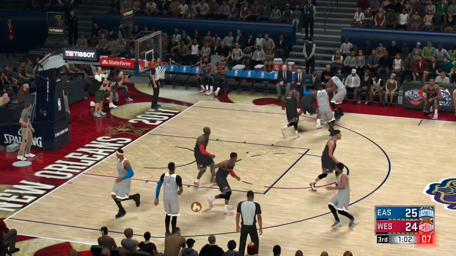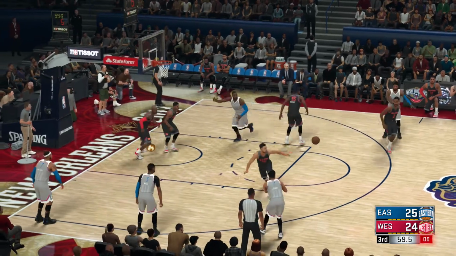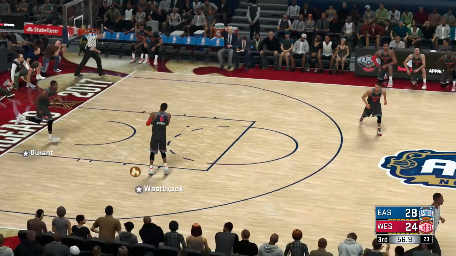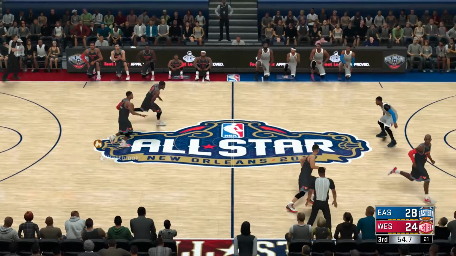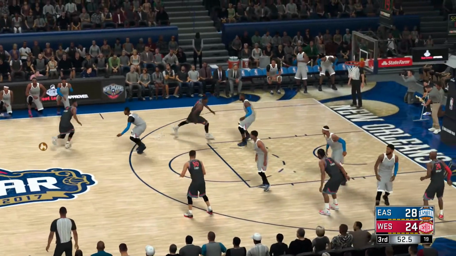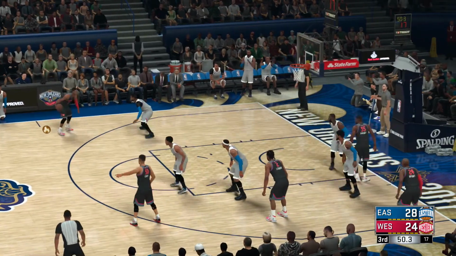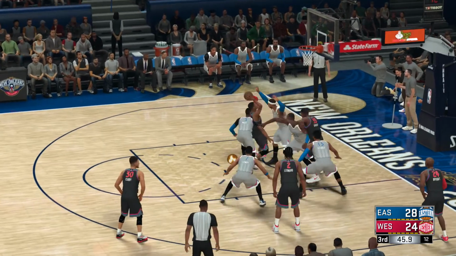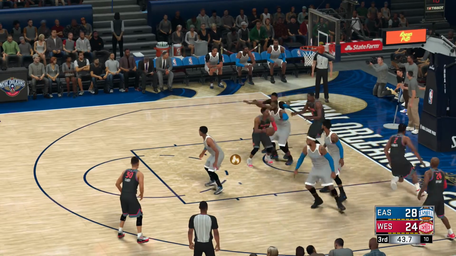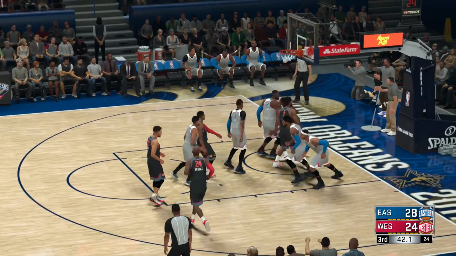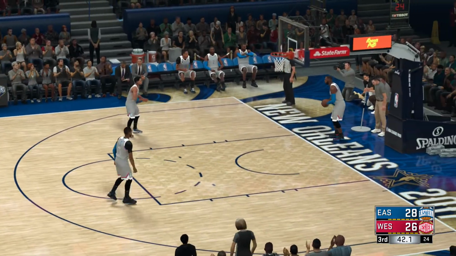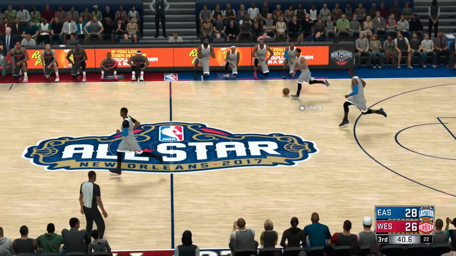On the wing, George. He's covered by Leonard. 6 to shoot. Anthony nowhere around. The shot's good on the assist by Lowry. Lowry's got 3 assists now in this one. Outside Westbrook. And he lays it straight in. 13 points in the game. They didn't have much of a problem getting the ball into the post that time.